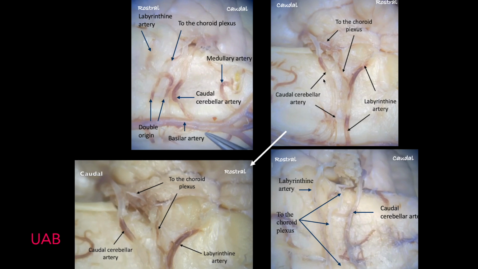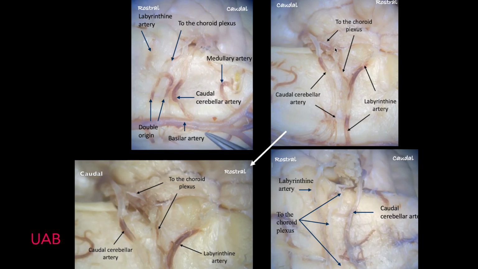On the other side of the same encephalon, you see the labyrinthine artery, that enters the internal acoustic meatus to vascularize the inner ear, and also sends branches to vascularize the facial and vestibulocochlear nerves. And this artery is sending an artery to the choroid plexus. And then we have here the caudal cerebellar artery that sends branches to the choroid plexus as well of the